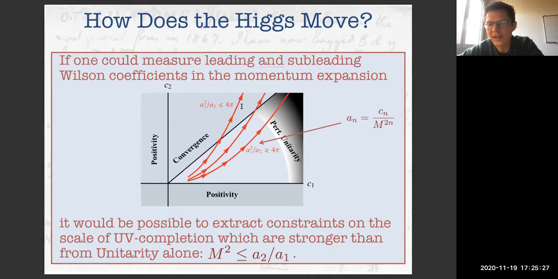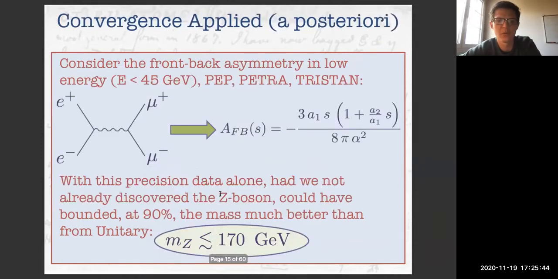However, before you even hit that perturbative unitarity limit, it turns out that you can actually violate convergence. So any C2 above C1 is forbidden. And that puts a strict upper bound on where the cutoff must be. And this is something that none of us, when we wrote this paper, had seen in the literature before. Now, we didn't find any super useful applications of this, but there are still some neat observations you can make.